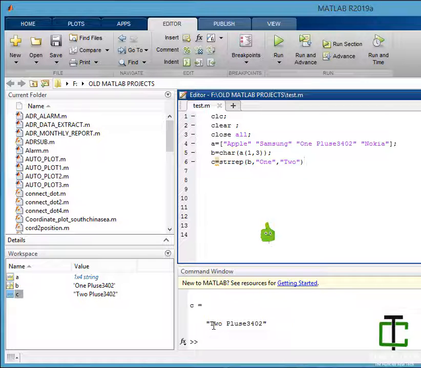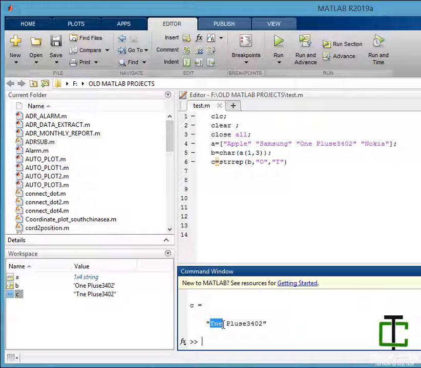Okay, now it's 2 plus. If I want to replace a single character, I can do that also. Here we go, TNA. So string replace is very useful.